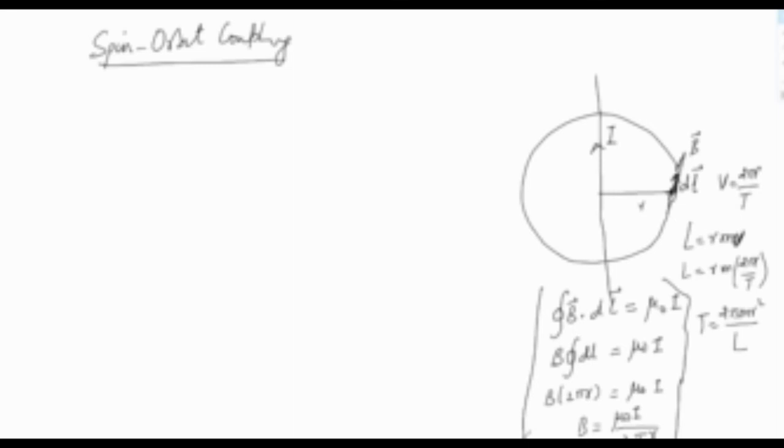Then the electron is revolving around the nucleus in a circular orbit with the angular momentum defined by L_n equal to n h cross. But if you are in the rest frame of the electron,